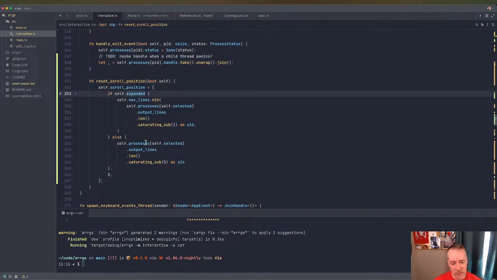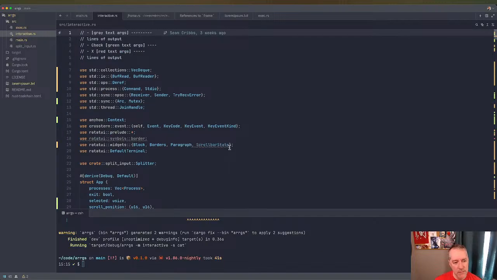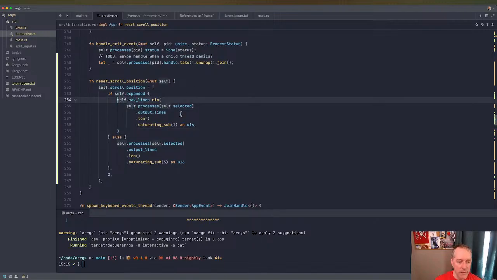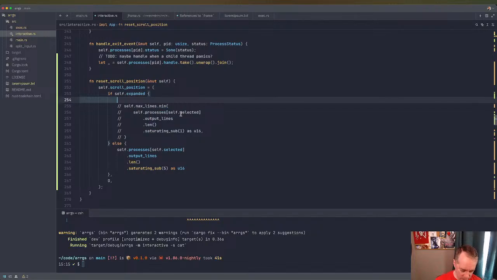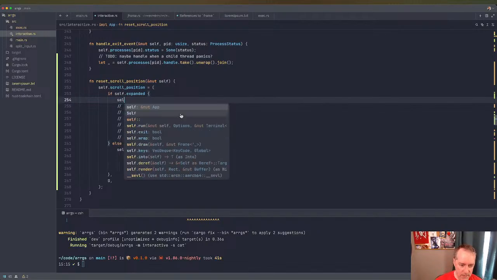So if we're in an expanded view, we know the maximum number of lines that we can display this text in. So we want to, right, so it's not this. It's not min. For Pete's sake, go back. Okay, it's not min. What we want is we want to go from the end